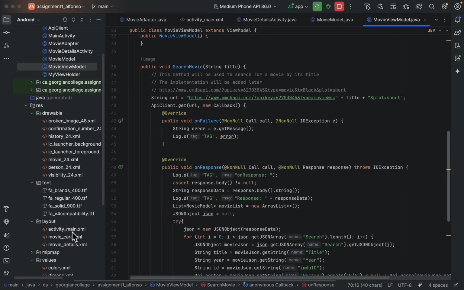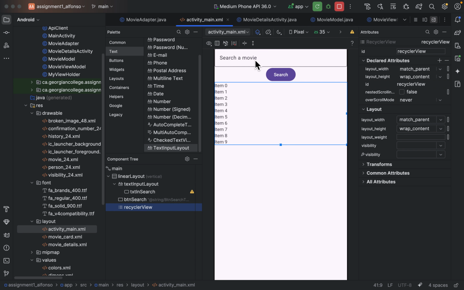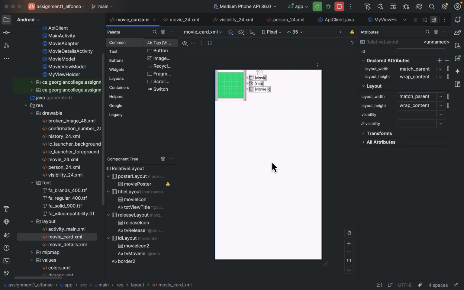I'm gonna start showing my layout. This is my main activity layout. It has a text input layout, a button search, and my recycler view. Then for my recycler view, I have this relative layout, and it has my image view here and the information that are gonna be shown